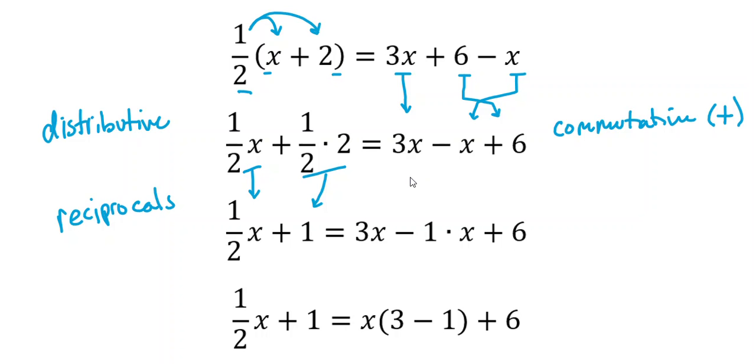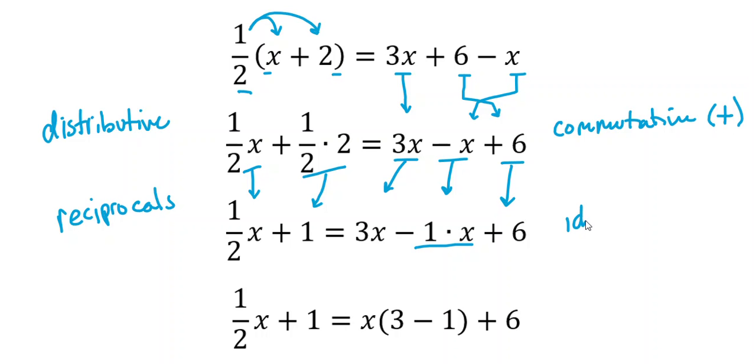All right, now on the right-hand side, we'll get it right this time, we have 3x, still there. We have negative x. And now instead of negative x, I rewrote that as negative 1 times x. And then the plus 6 is the same. So the only change was I took out the negative x and I put in its place a negative 1 times x. And this is an interesting property. We can do this sometimes, and sometimes we go backwards. So we say this is the identity property,